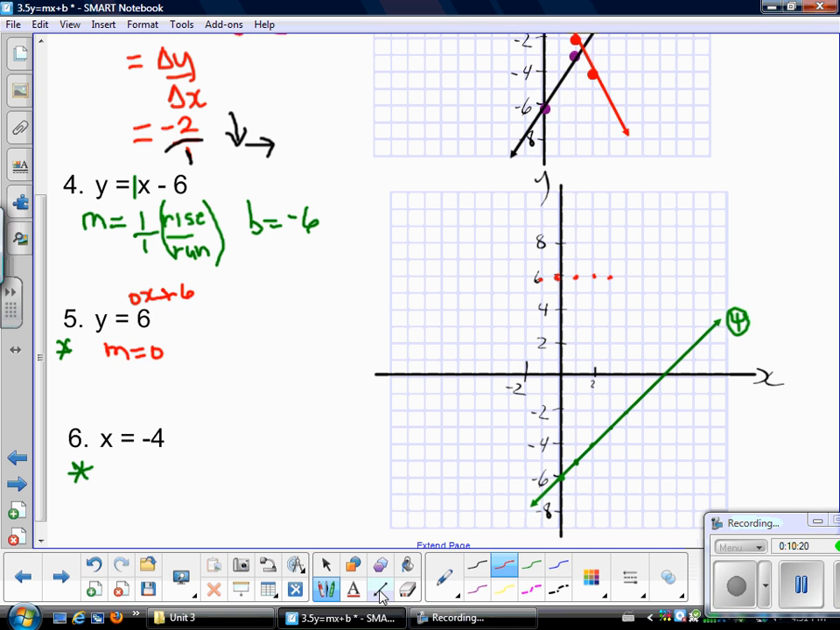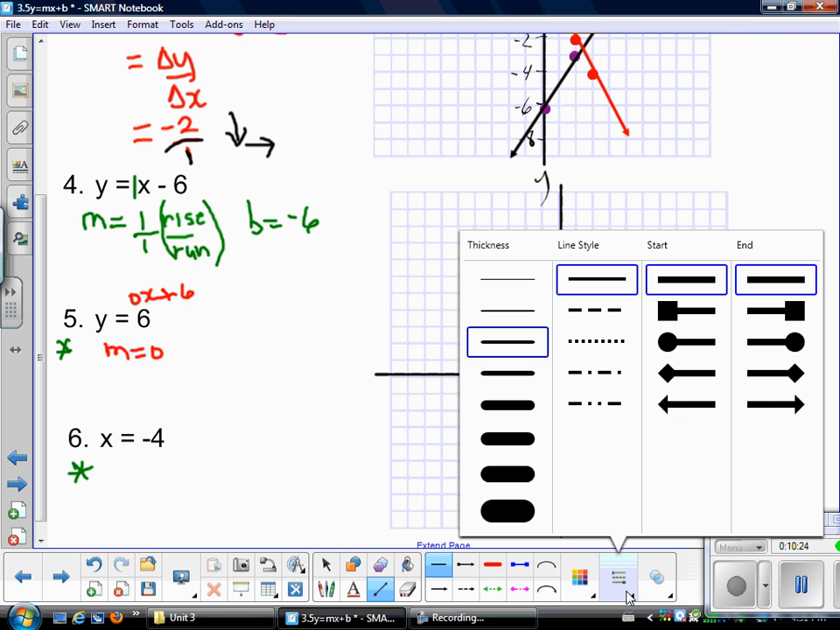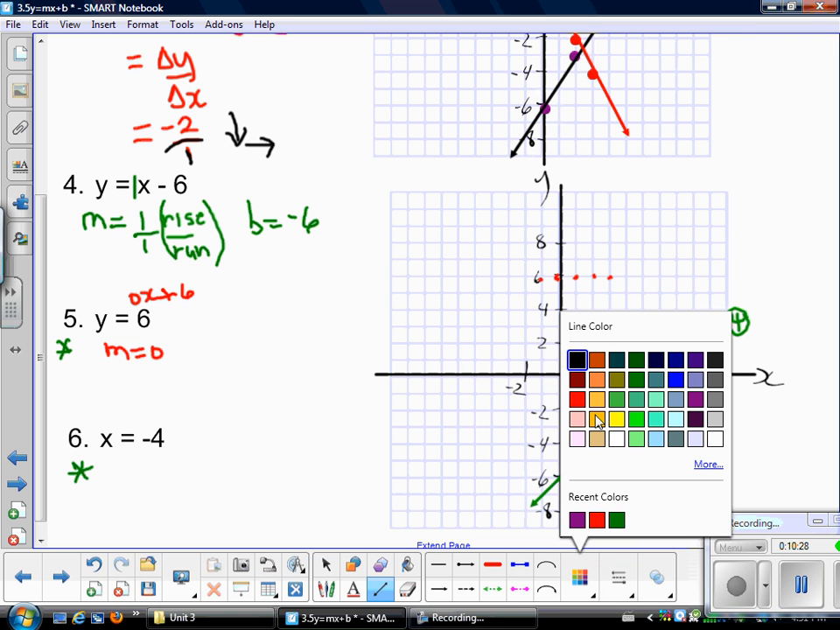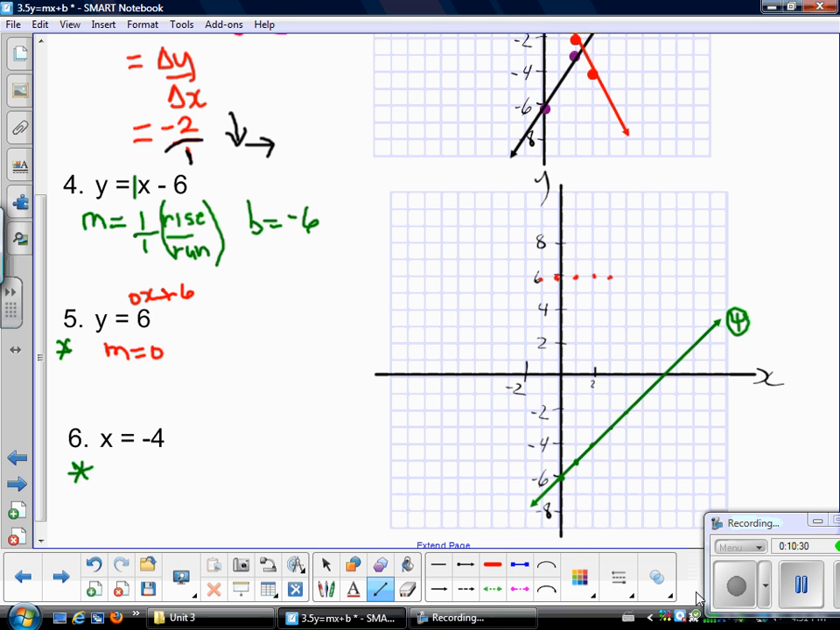So again, we're going to draw a line through there, and I used red, so we're going to use red for our points. And so that is our 5th one. And finally,